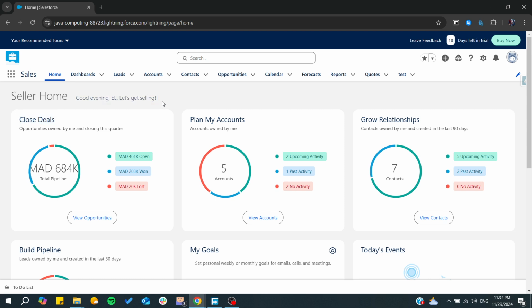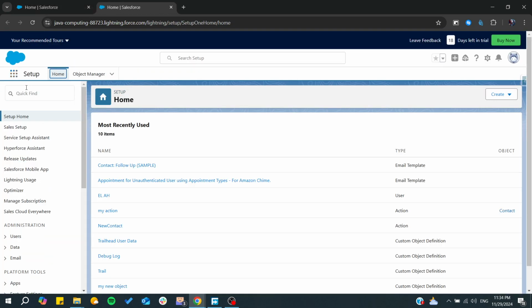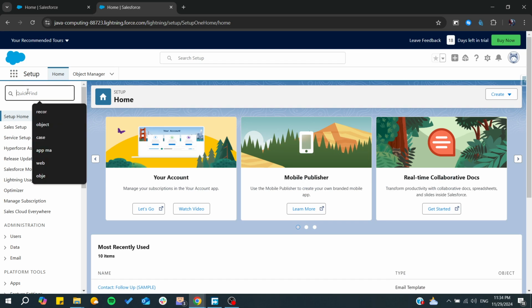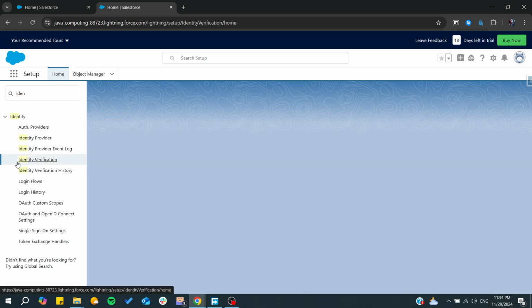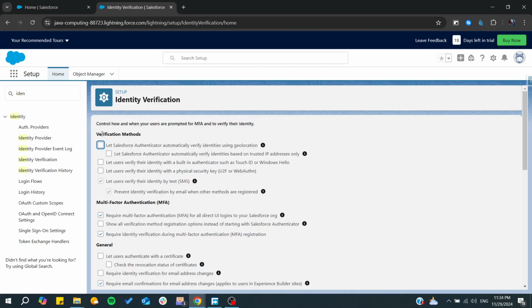So first, we need to enable the MFA in our organization. We can simply go to Setup. From here, we need just to go to Identity Verification. So here, Identity, and then we go to Verification and we click on it, and then we will find all